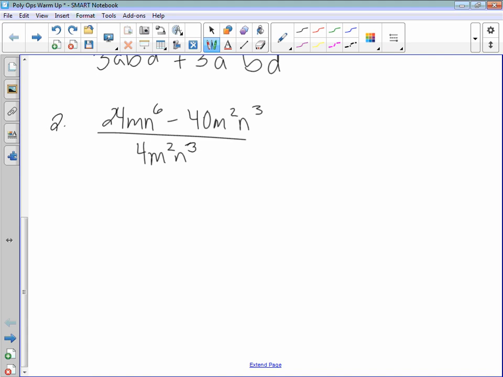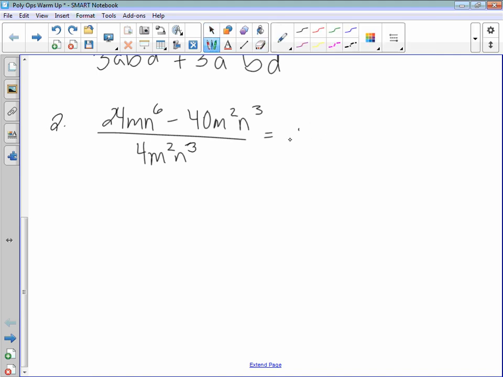All right, division. Oh goodness, here we go. So we gotta think about this one real quick. The nice thing about this problem is we have a binomial divided by a monomial. When you are dividing by a monomial, it's actually very easy. I like to think about it like you're distributing the division. It only works for monomials. You can't do this for binomials because the plus sign is going to make things a little more complicated with the minus sign. But as long as you have one group, just split it up